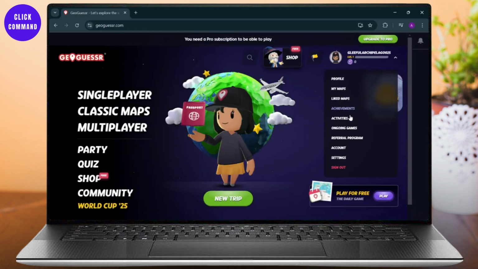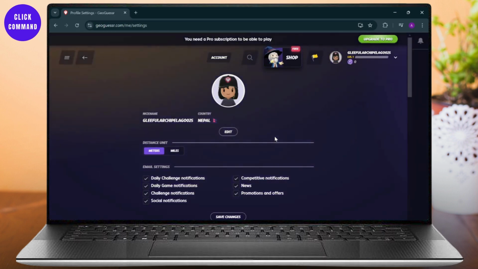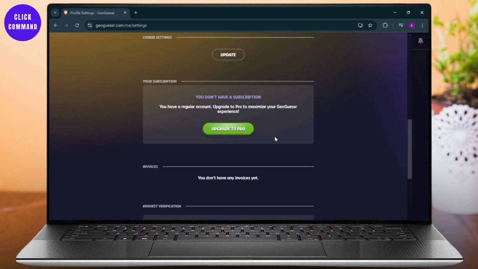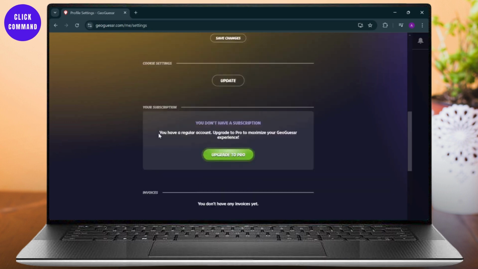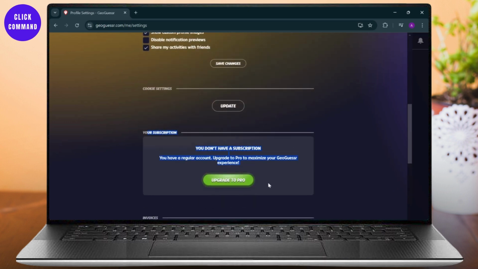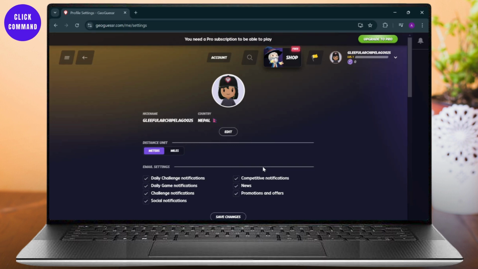Go to your account right here, and after you tap on account, just wait for it to load. And if you scroll down right here, you will see a subscription page. So here you can see your subscription. Now after you have a subscription, you can simply cancel your subscription from right here, and you will be good to go. So that is how you can play GeoGuessr for free, and that is just for a week,